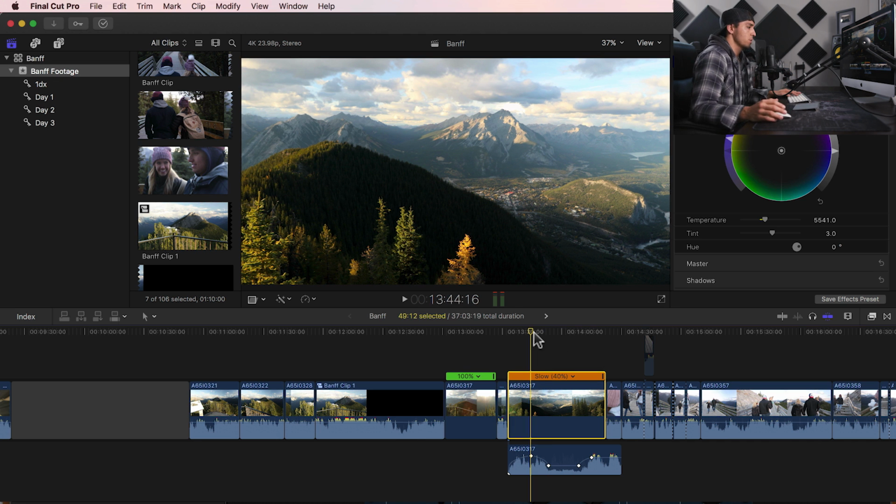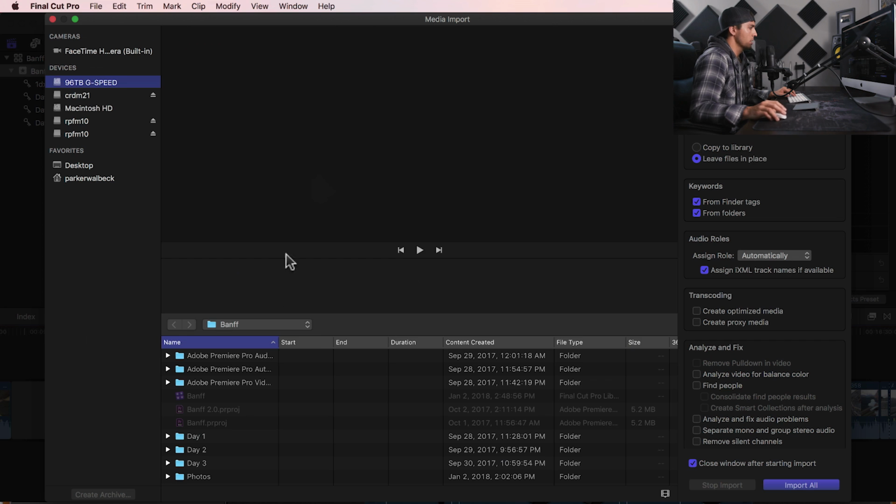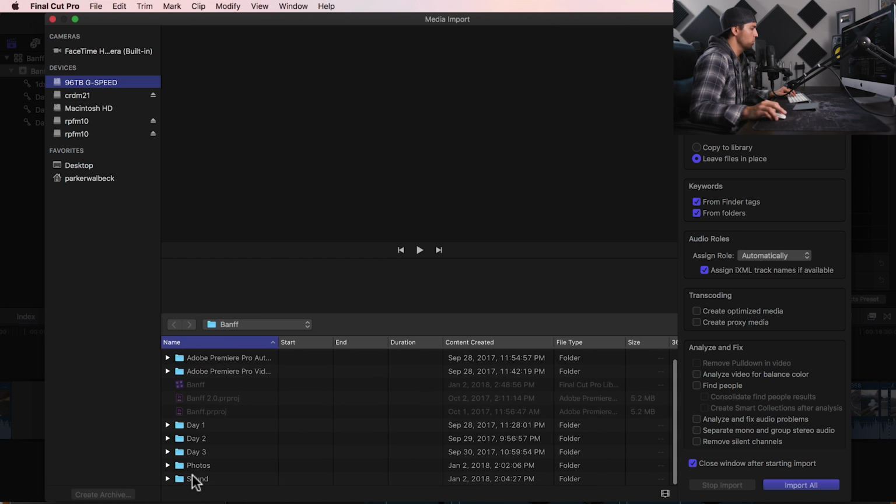Another keyboard shortcut I use a lot in Premiere is Command R, which is render, but again, Final Cut Pro renders as you go, so that's another thing you don't have to worry about. It's constantly rendering in the background as long as you're not playing back your footage. Now, if at any point you want to import more footage, all you do is push Command I, and that brings up your media import,